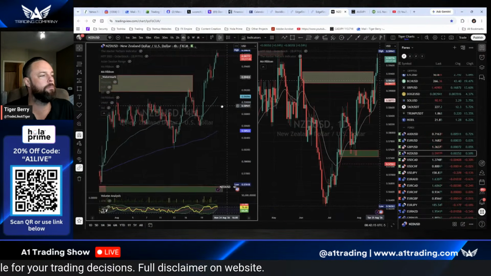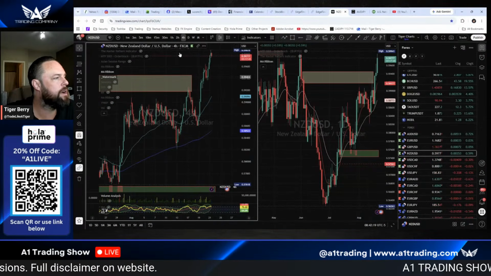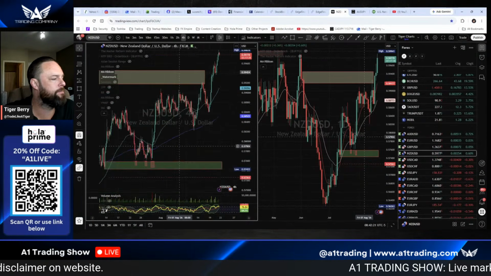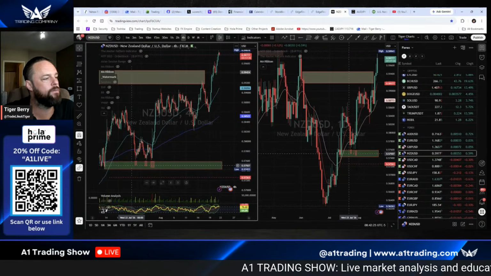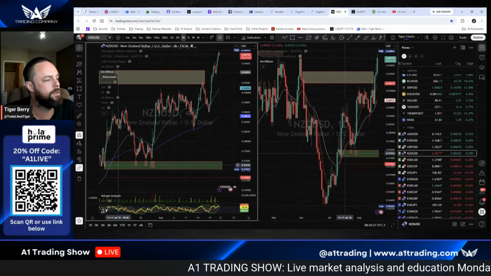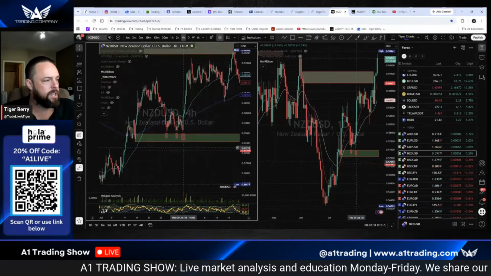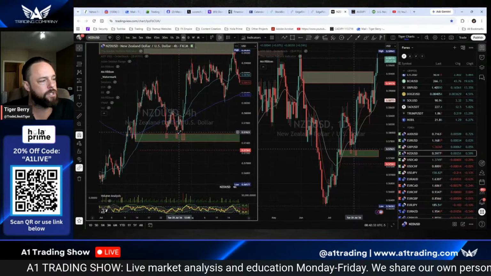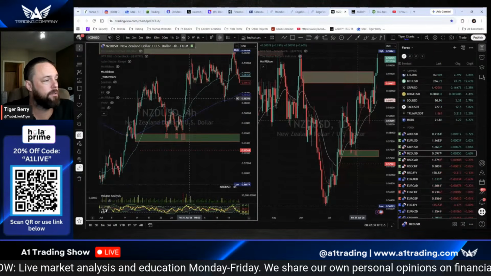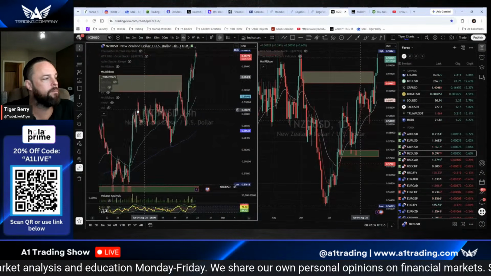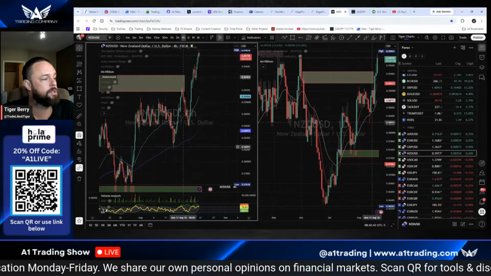Clean things up a little bit, and voila, there we go. That's Kiwi dollar. Ultimately, this zone is probably getting too far away from at this point. This original one where we had the triple bottom just ahead of it. This is that structure I love to see, guys, when price was back in this area, right? But again, now we've shot way up here, and we got to reevaluate things, because it may not even get